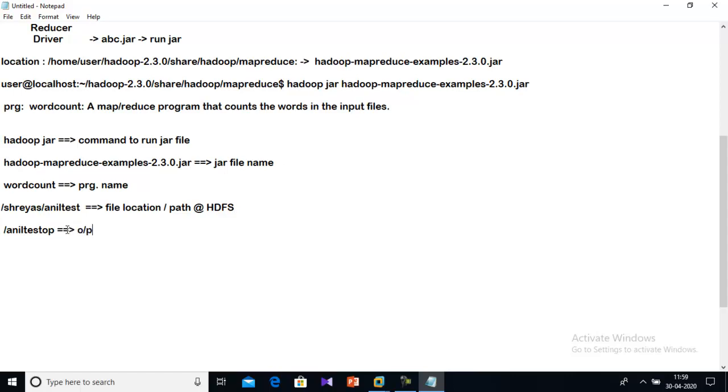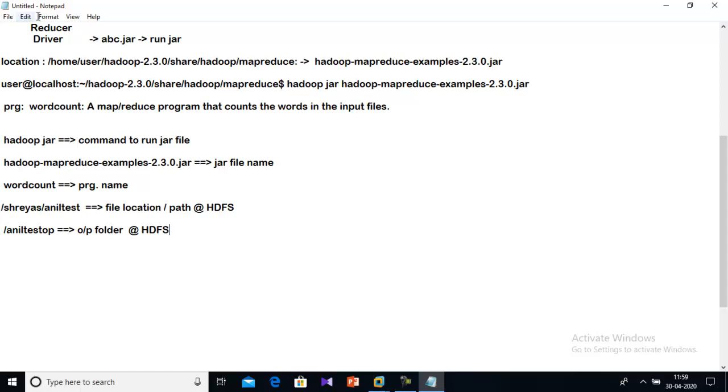This is the output folder, and it is also located in HDFS only. So we're going to get the output also in the HDFS only. Input should be available in the HDFS, and at the same time we're going to get the output also in the HDFS only.